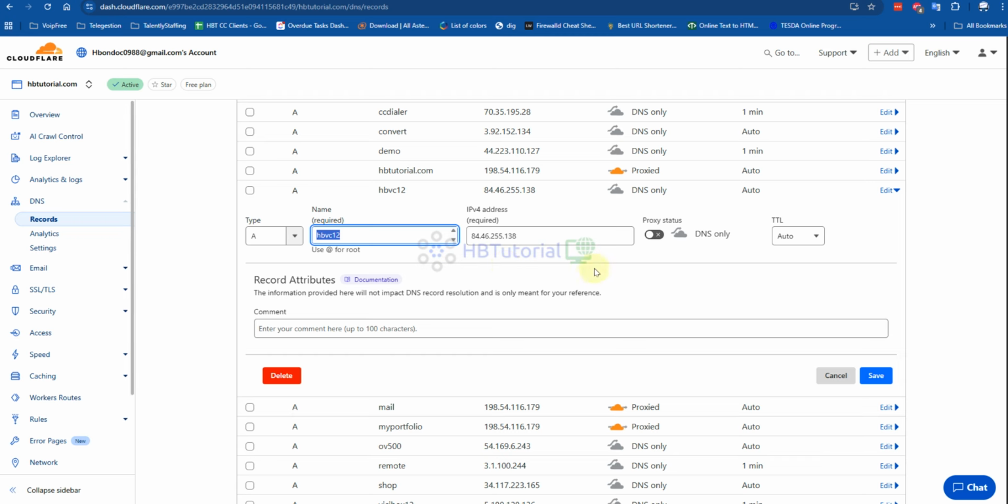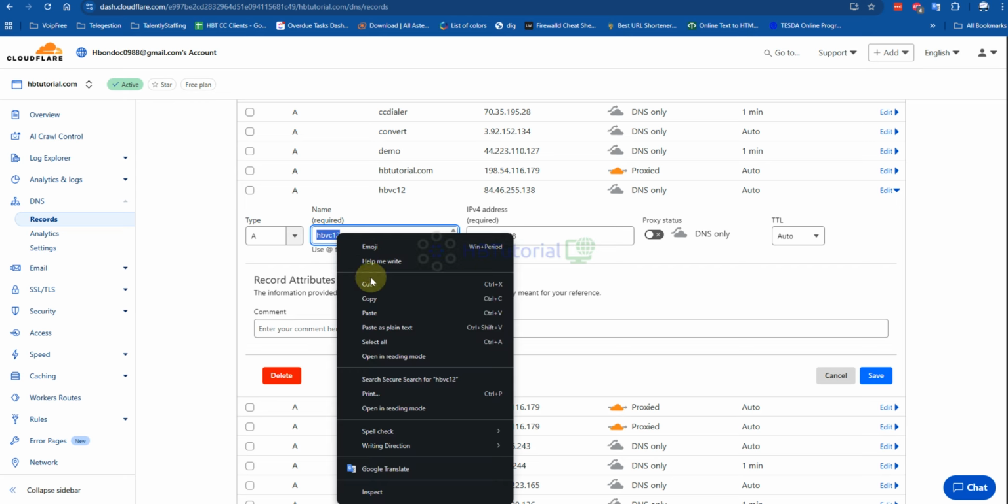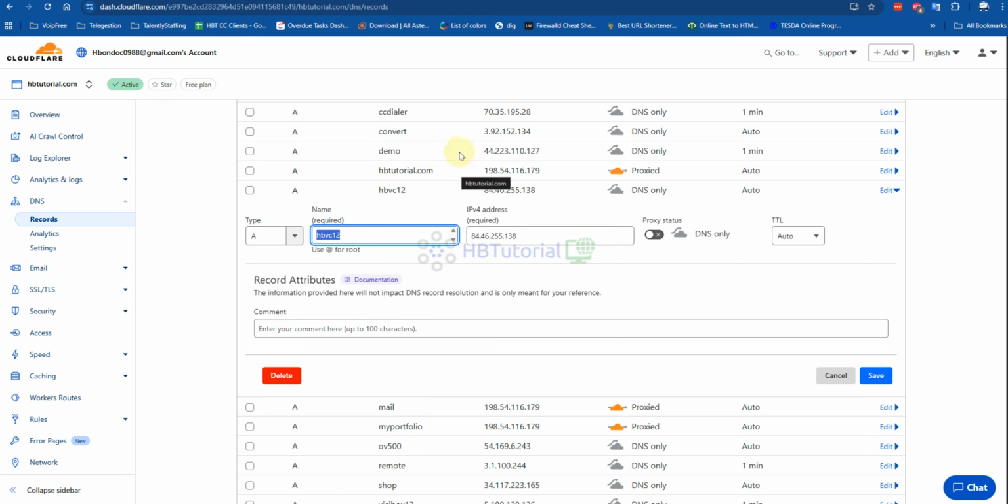Be sure, the important thing here on Cloudflare, you always disable the proxy status, so that it will not get any issue when connecting the web phone. Because if the proxy is on, the web phone will not connect, or is connected but there is no sound, or you will not hear the prompt voice. So this is our domain right now, the HB VC12.